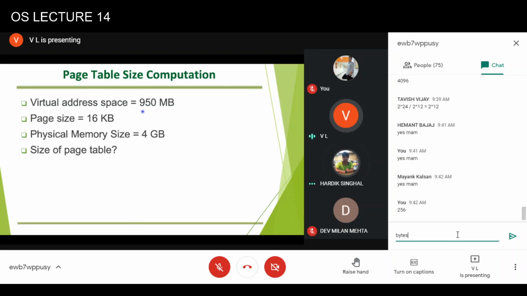Aditya, can you give me the answer? What will be the unit? Byte, kilobyte, what is the unit?